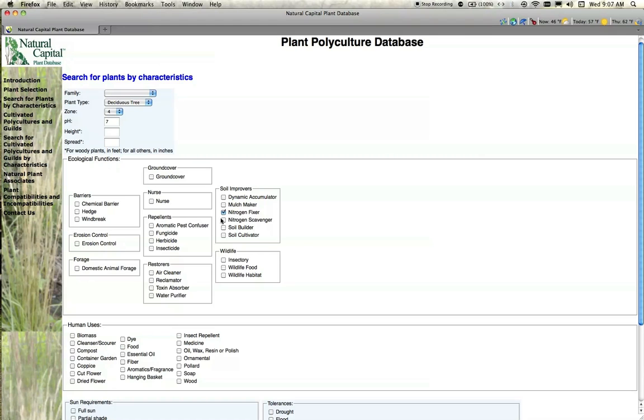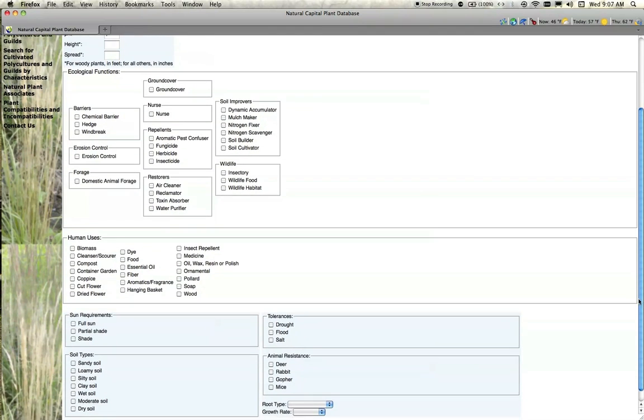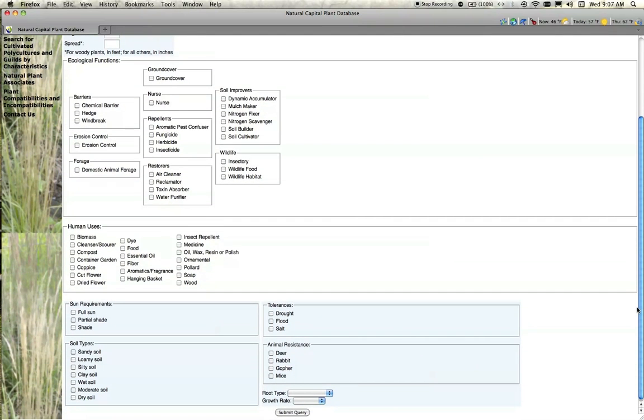Be advised that the more choices you make in searching for a plant and the more things you're demanding in the parameters, the fewer plants you'll get, because the plant that will result must have everything that you click. So if you want a broader list, you would not click too many boxes and you would keep that to a minimum. Ecological functions are very important in our polyculture designs, and that is something that is instructed in our